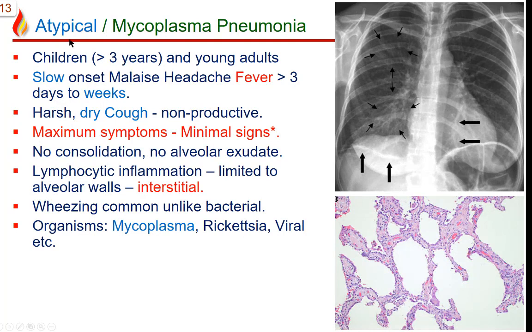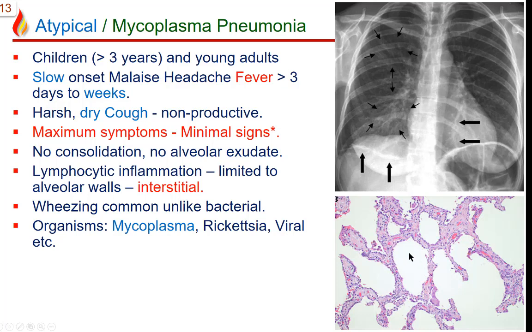Now, briefly, atypical mycoplasma pneumonia, usually occurring in young age, children more than 3 years and young adults, with a slow onset of fever, headache, malaise, usually more than 3 days to weeks. Unlike typical pneumonia, where it is days, here it is weeks. And because the inflammation is limited to the